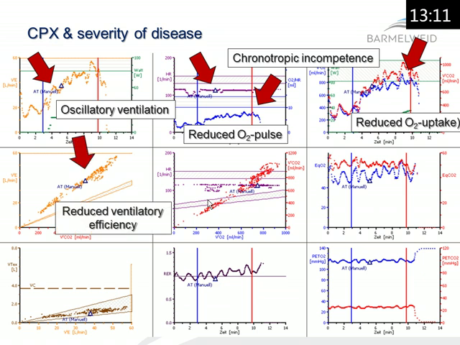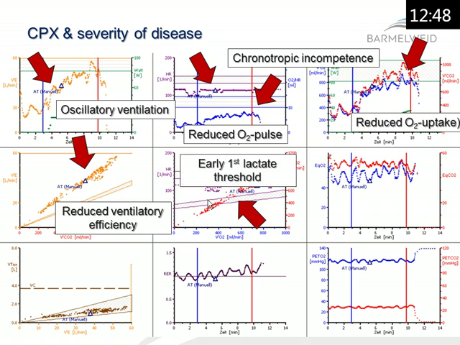You see this very elevated VE/VCO2 slope. Normally it should follow this line here, but this is very much increased, which shows you a mismatch between ventilation and the circulation, and shows you a patient who has probably kind of